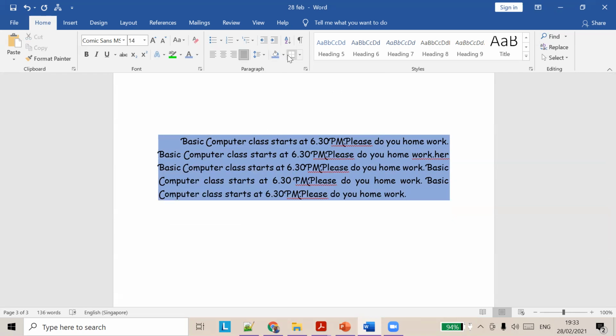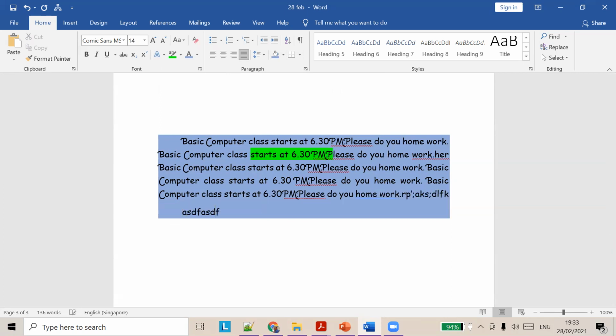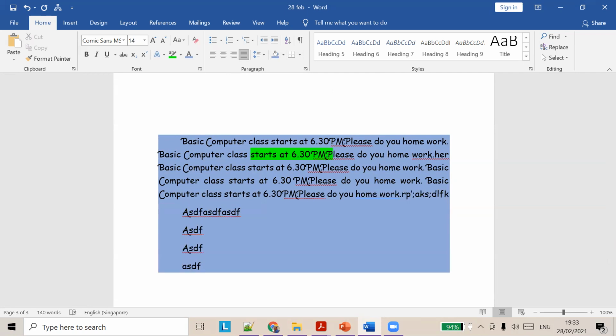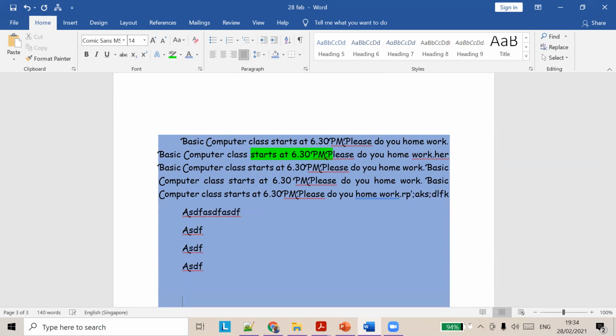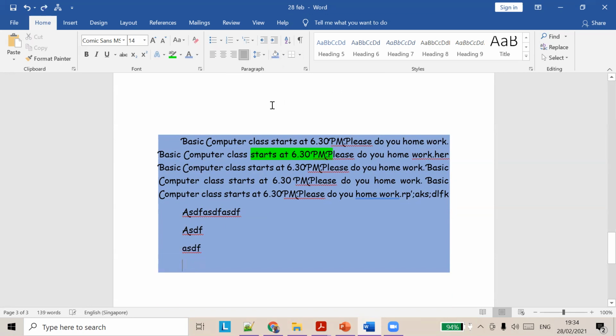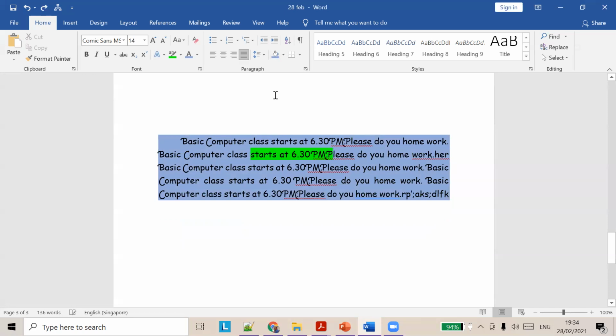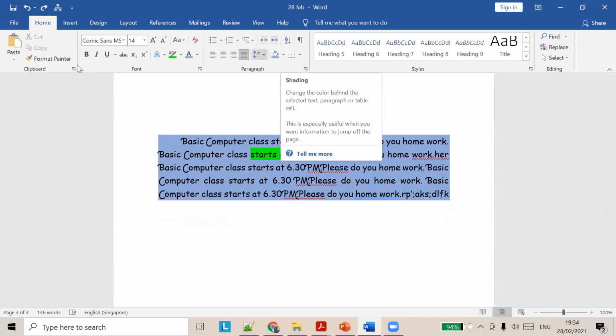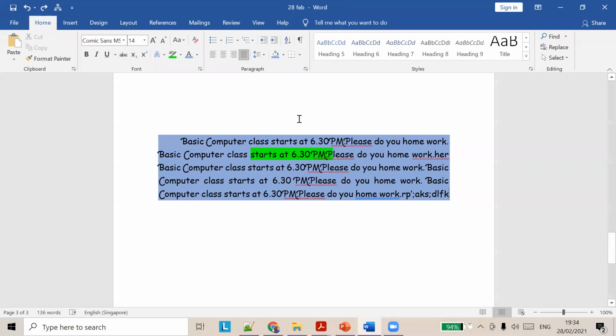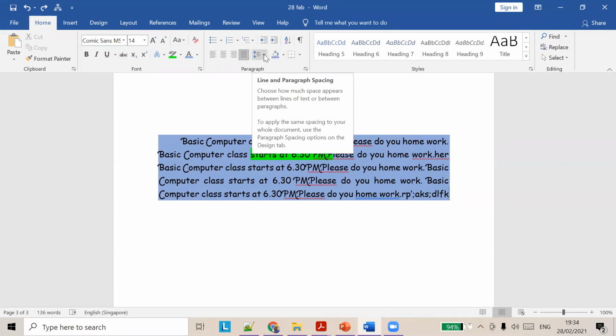We are applying a different color for this paragraph. Even if you add something to this paragraph, it will always have this shade. This is similar to the highlighting we did. Using this paragraph option, it will add a shading to the document text provided here.